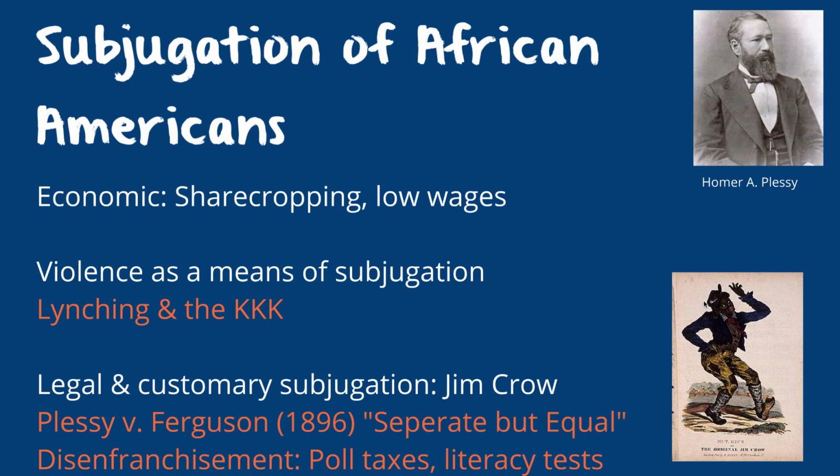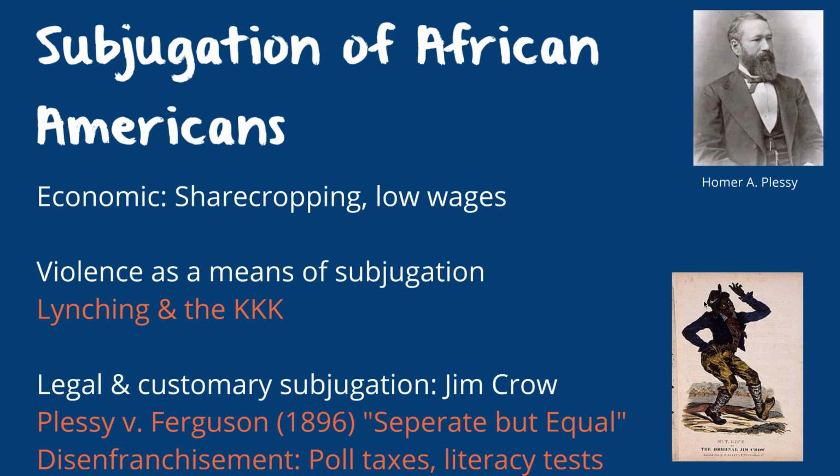Ferguson case, the Supreme Court rules against him based on the justification that Plessy's rights had not been infringed upon because he had been provided with a separate but equal car. And so that phrase right there, separate but equal, is what is going to give the green light to these Jim Crow laws,